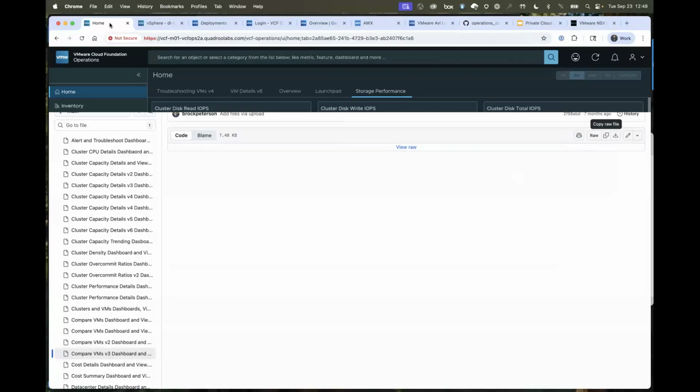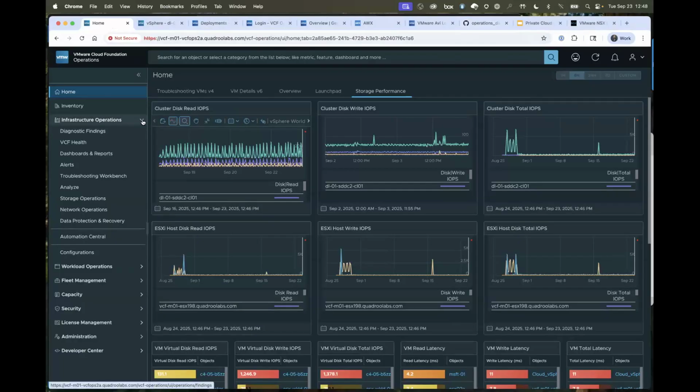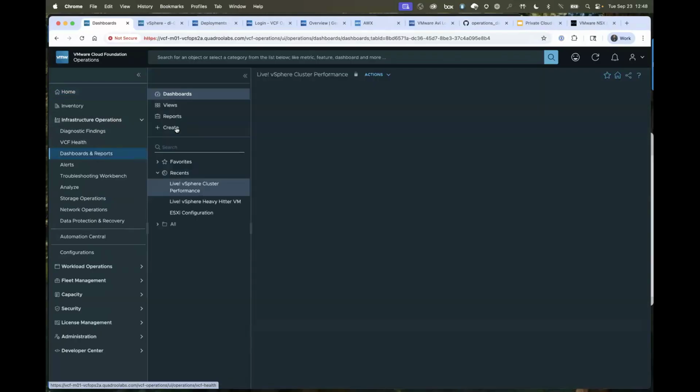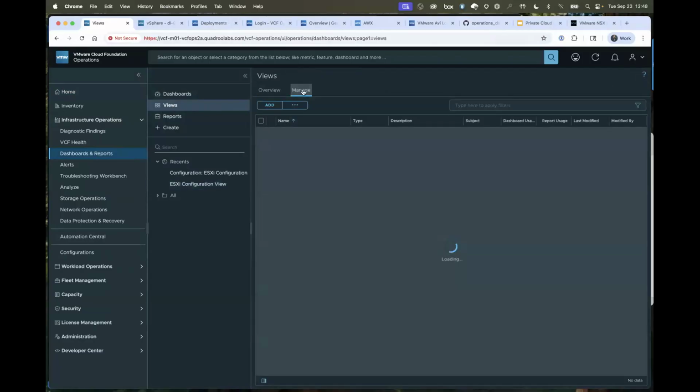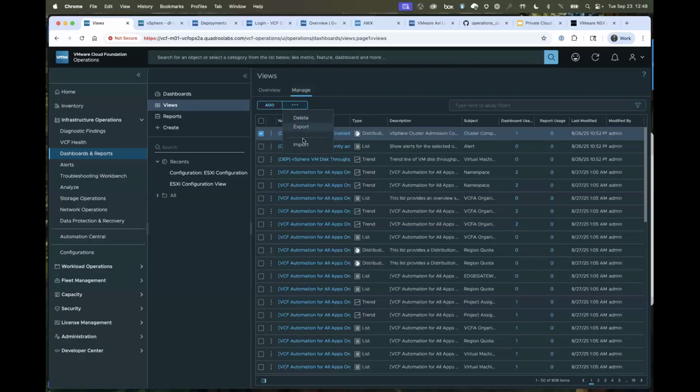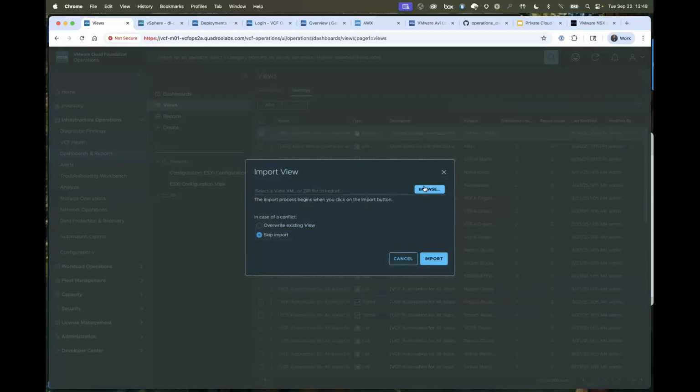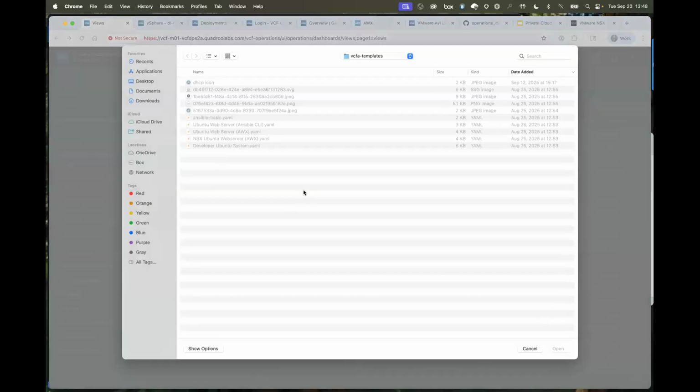Christopher, we did cover this on a video recently, but just to reiterate, I'm going to go into my dashboards, and first I'm going to import the views. So I'm going to go to views, then manage, and then import, and I will import the zip files underneath that master zip file. And it actually works for zip files, instead of back when you had to extract the XML or whatever. So I like that. Yeah.